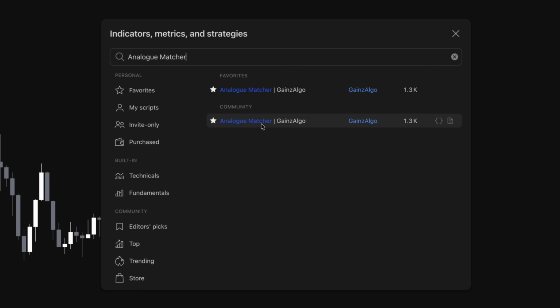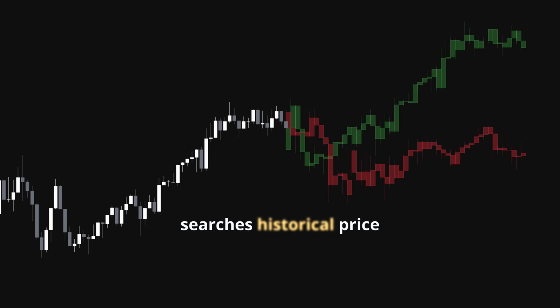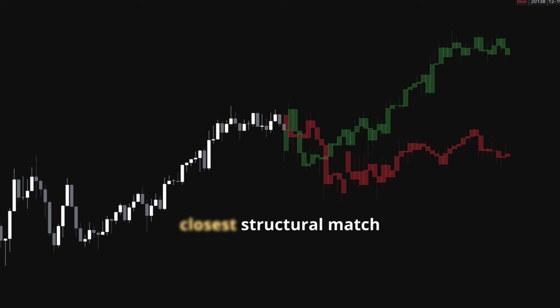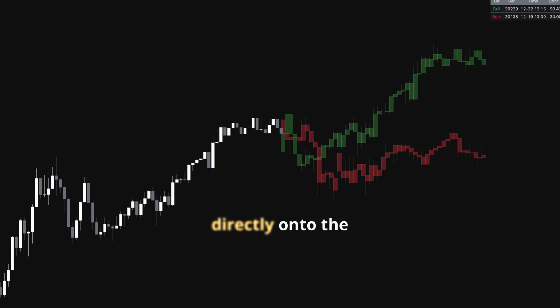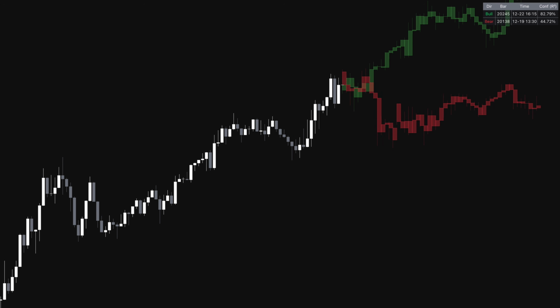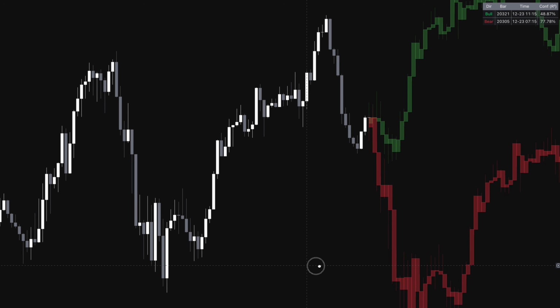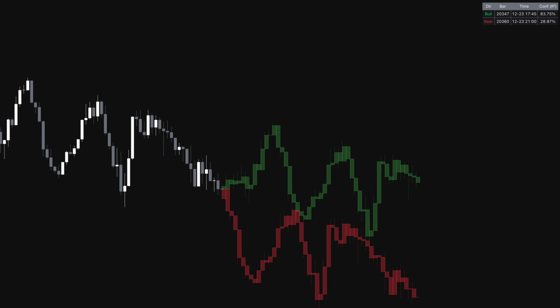Analog Matcher, created by Gaines Algo, is a pattern recognition indicator that searches historical price action for the closest structural match to the current moment and projects what happened next directly onto the right side of the chart. The concept is pattern analog forecasting, a technique borrowed from meteorology and quantitative finance, applied here to raw price slope